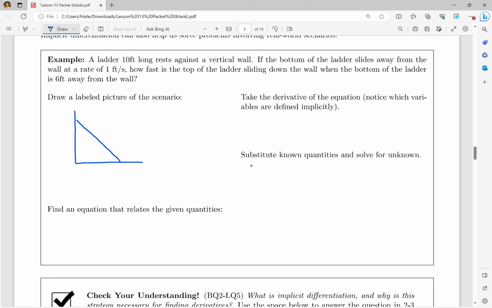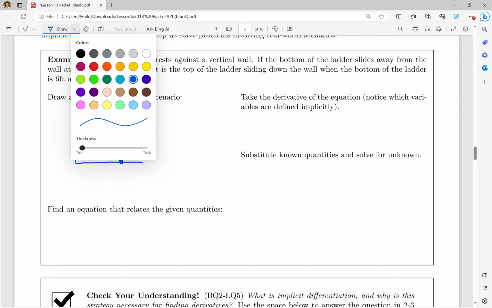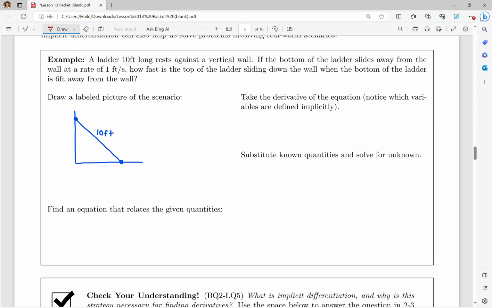Okay, so this ladder is 10 feet from the word problem, so that length must be 10 feet. Now, I want to label my rates in a different color so that we're not confused. So the tricky thing about these pictures is they're always not going to move, but in the problem we're always talking about movement. So what I like to do is use a different color for my rates versus my static picture. Okay, so the bottom of the ladder slides away from the wall, so I'm going to indicate the direction,